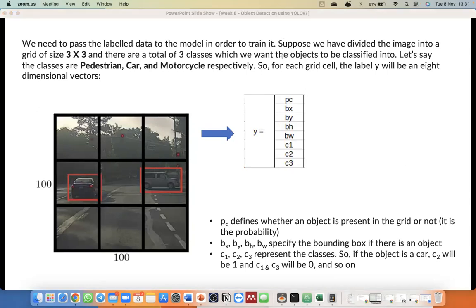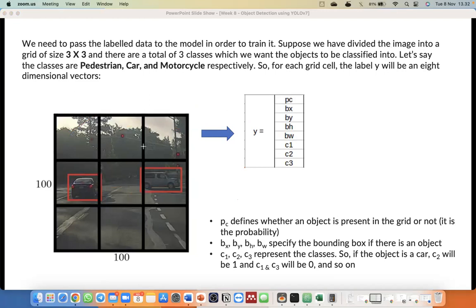Every grid will contain the Y values, and so on. So every grid area has the Y outputs, right? My question is, how many Y are inside our image here? Because we have 9 different grids, right? So how many Y do we have? 9 Ys, right?